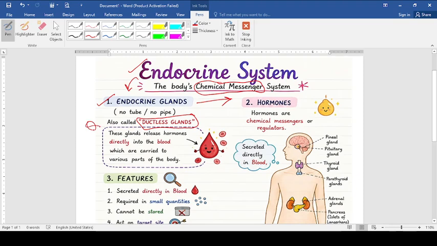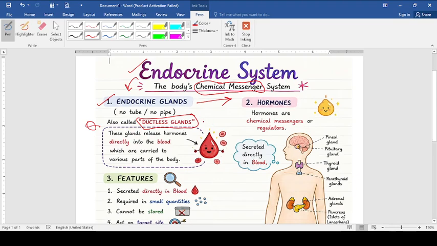And there is a question in the board examination: differentiate between exocrine and endocrine gland with an example. So endocrine gland, ductless glands, these are example. You can write thyroid gland, pituitary gland. But salivary gland, if you are talking about, that is one of the exocrine glands because it is having the ducts. In the same way, liver is having duct. It is a kind of exocrine gland.